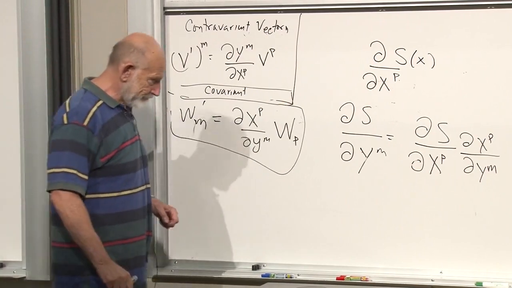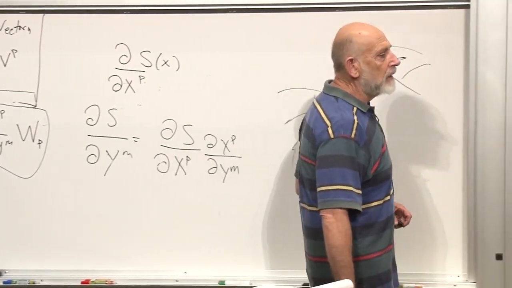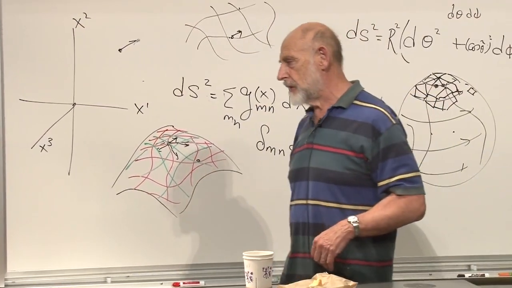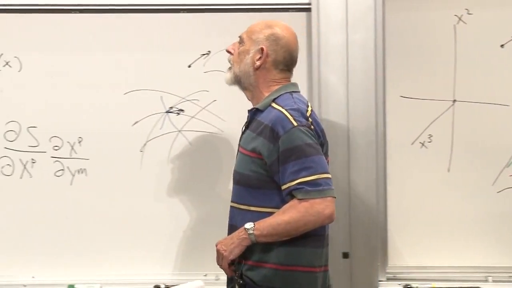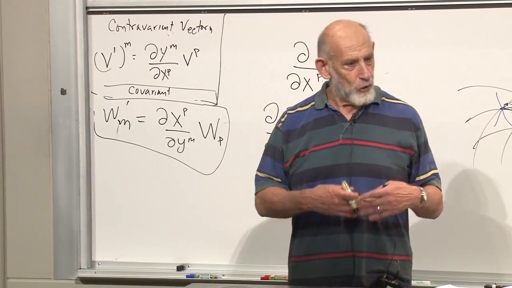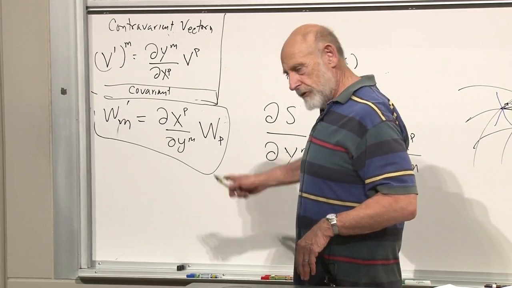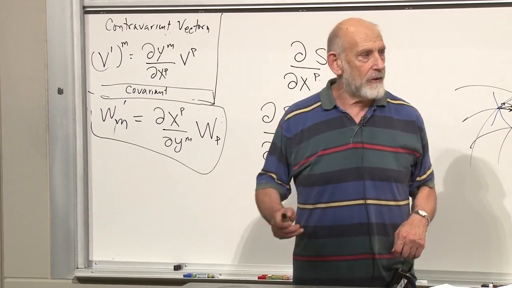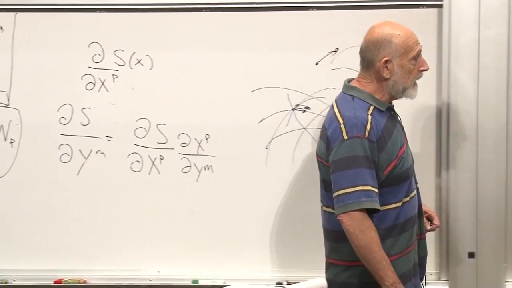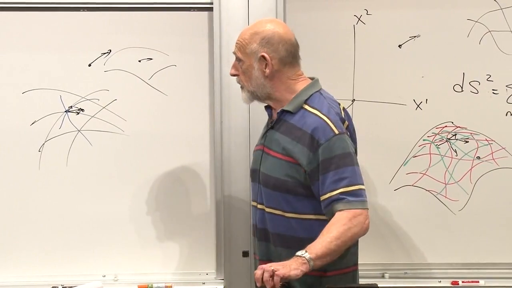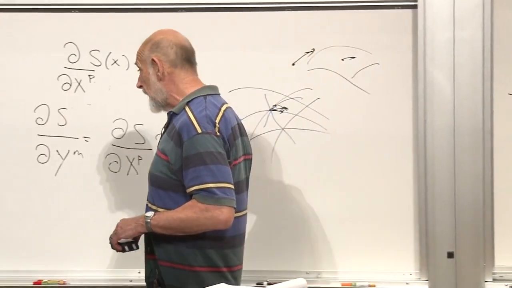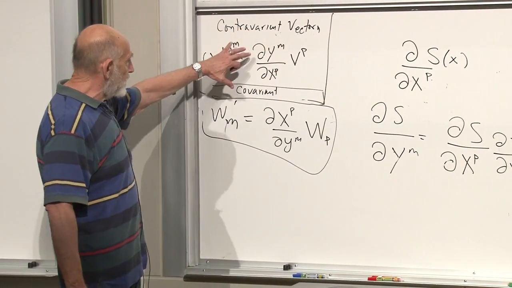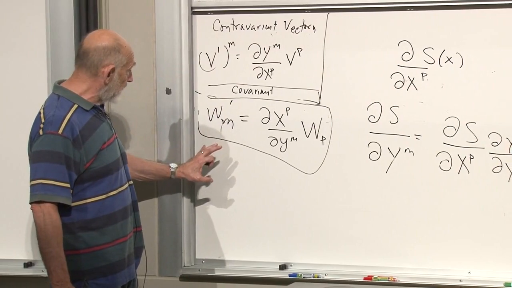Objects which transform this way. Now, I can tell you right now that if you're uncomfortable with this and it doesn't ring a bell and doesn't feel good to you, this is what you need to understand. It really is completely central to the entire subject of general relativity. Where the indices go, and how they transform. That's what relativity is all about. It's all about the transformation properties of different kinds of objects.